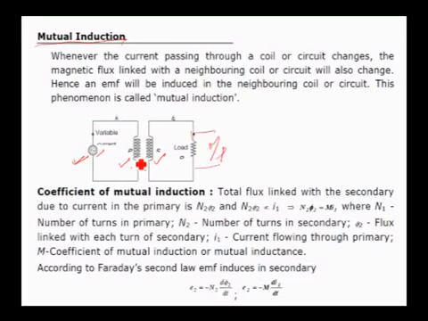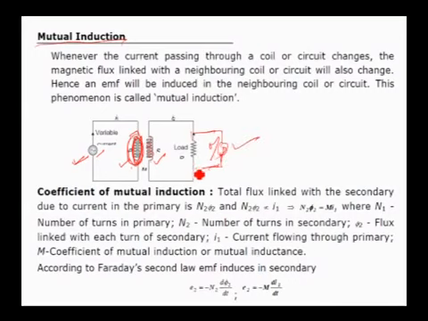Now, if you change the flux through the primary, how does the flux through the primary change? Because I am using an AC source, as soon as the AC source is switched on, the current through the coil slowly varies. Because of the variation of the magnetic flux linked with the primary, and the secondary being kept very close to it, the flux linked with the secondary coil also changes. When the flux through the secondary coil changes, if we have a load here and you use a voltmeter to measure what EMF is induced, you will get this.